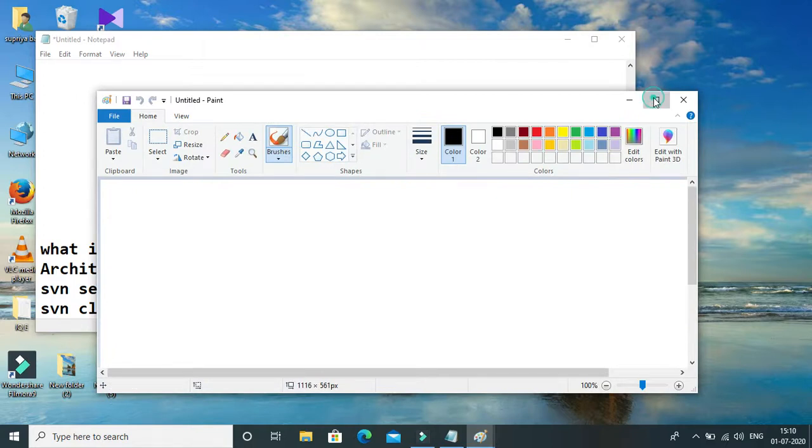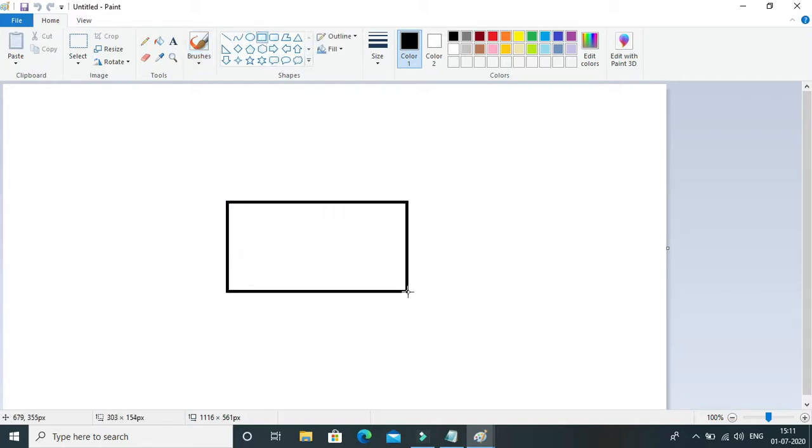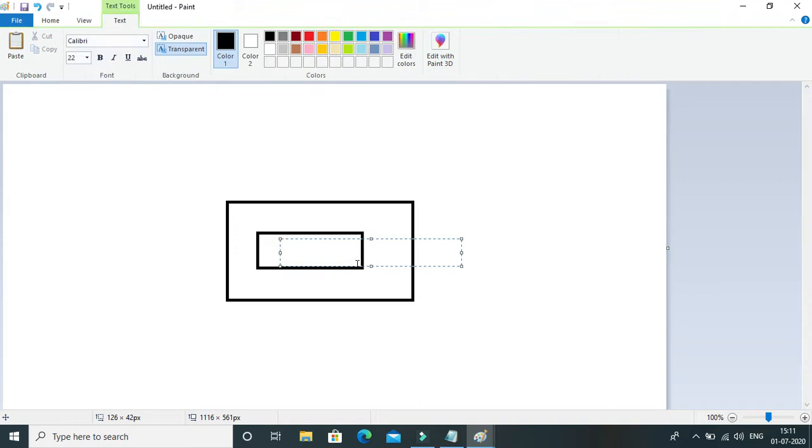I will show you how this works. Let's understand that this one is our SVN server repository. This is our central repository, and this is the SVN server.